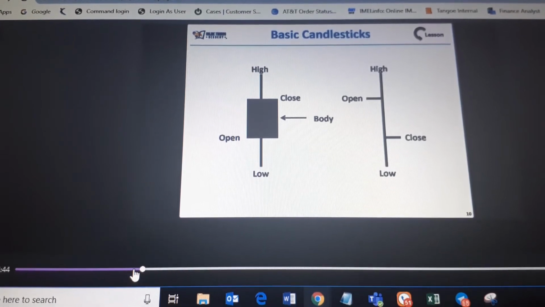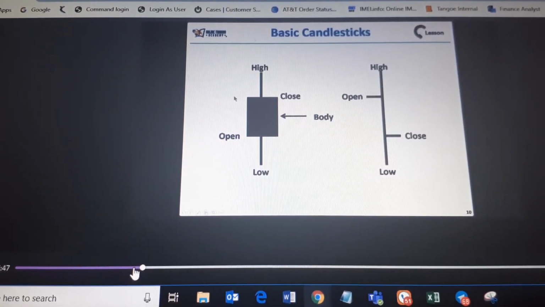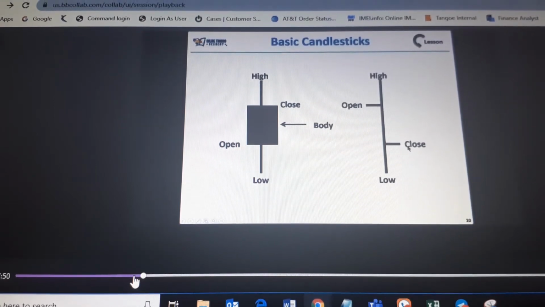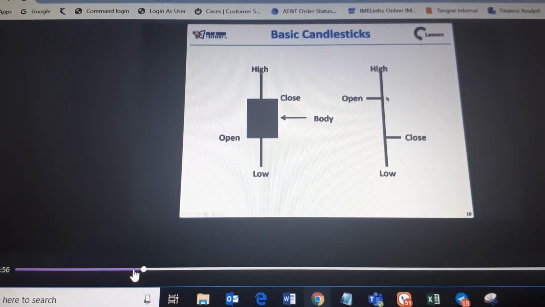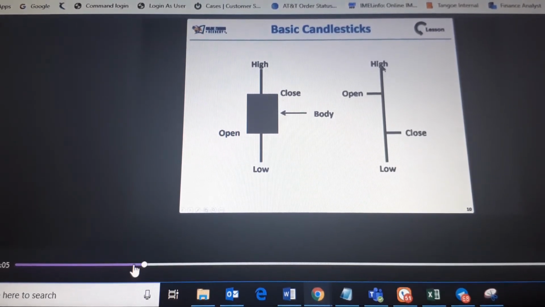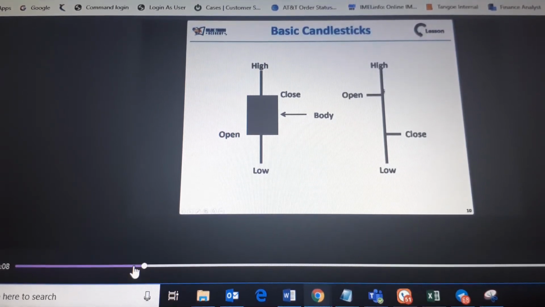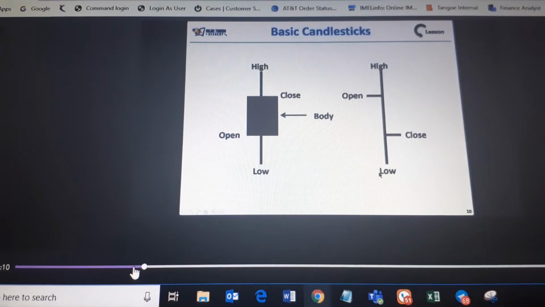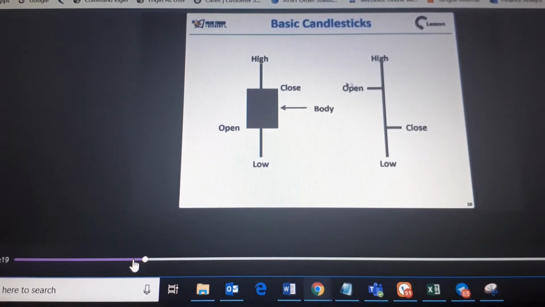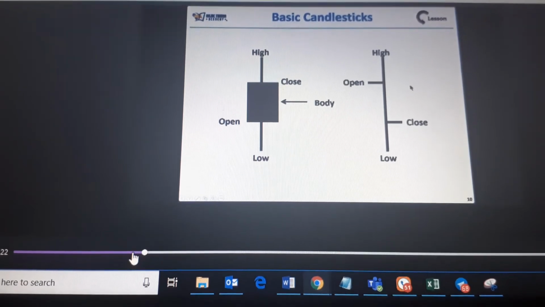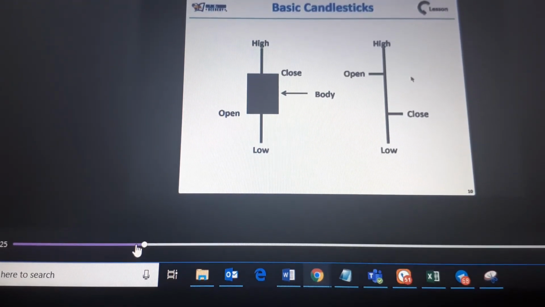Now, if you see the second structure over here, the open and the close. Here, the price opened at 100. The buyers took the price up to 105, and then sellers came into the picture and brought the price down to 90. Then some buyers came in again and closed the price at 95. So the price opened at 100 but closed at 95. What will be the candle color for this? It's showing bearish pressure, right?